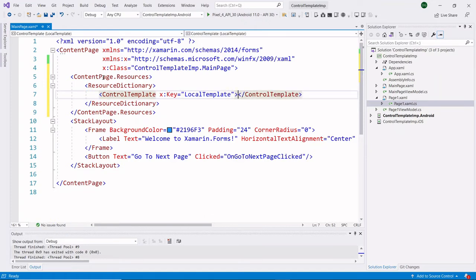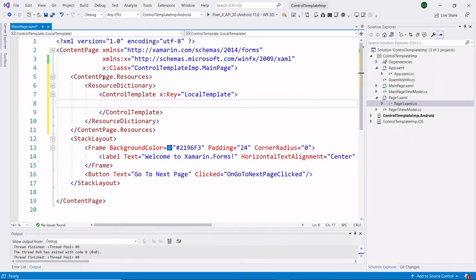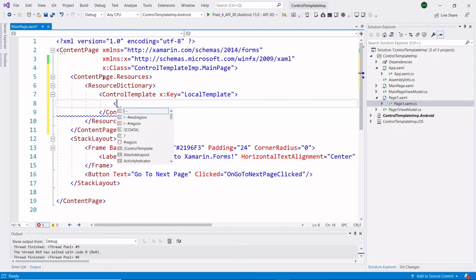Here I am giving the key of my control template as local template. Inside this control template, whatever design we require, we can write it here.